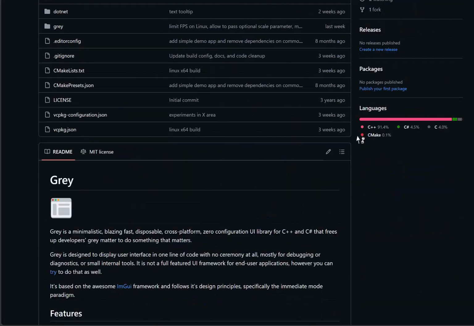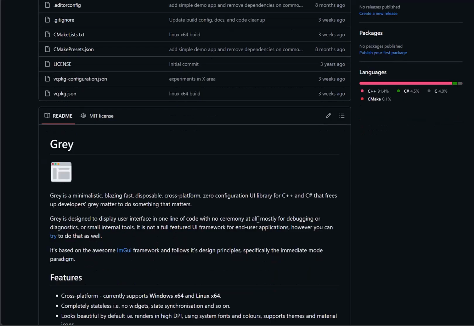Really, really cool. So Gray is in really, really early stages at the moment, and I don't know what I'm going to do with it or when or how, but the idea is to be able to build user interfaces really, really quickly in one line of code with C++ or C Sharp. Well, it's mainly written in C++, of course, because as you can see here, but I'm using C Sharp a